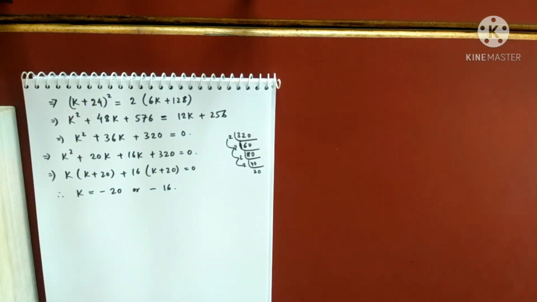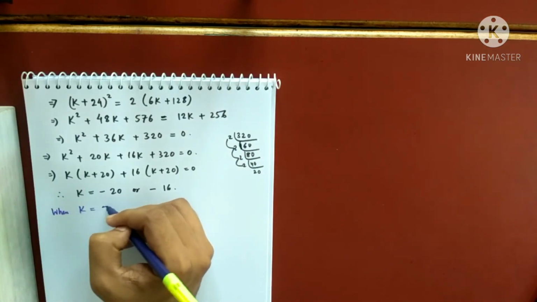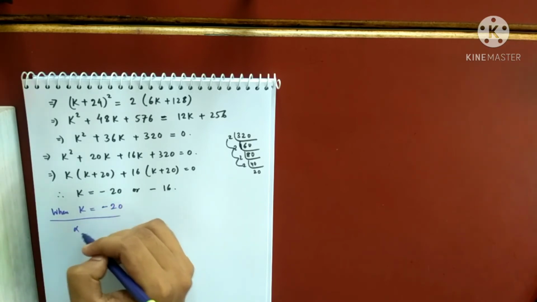So I have got the values of k. So for these values of k, what will I get? That the given equation will have multiple roots. Okay. Now, what they have said, also find the roots, right? Also find the roots. So when k equals minus 20, I have to find alpha first of all.